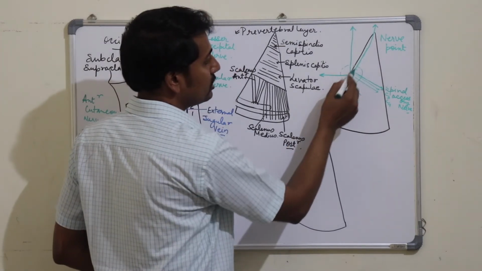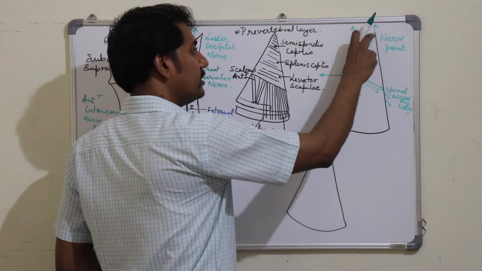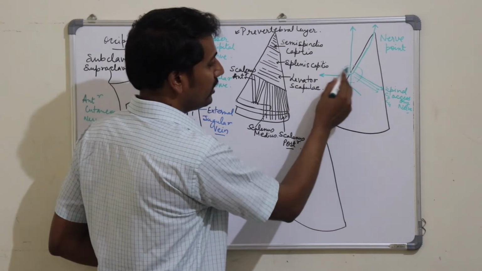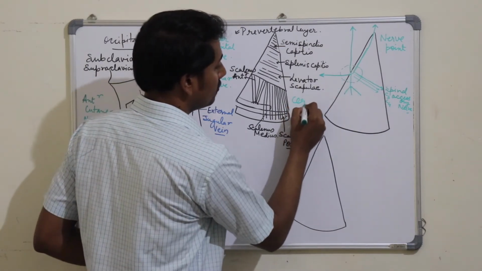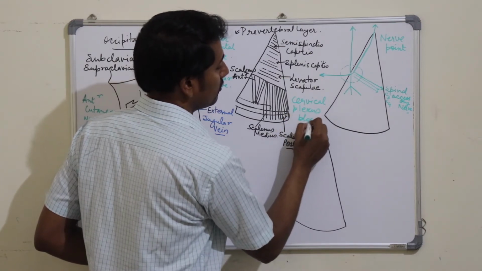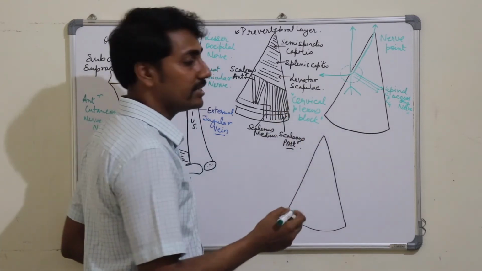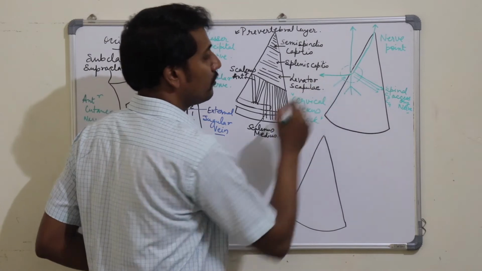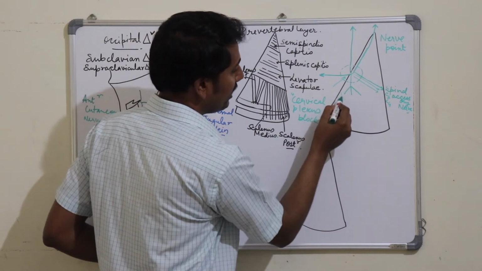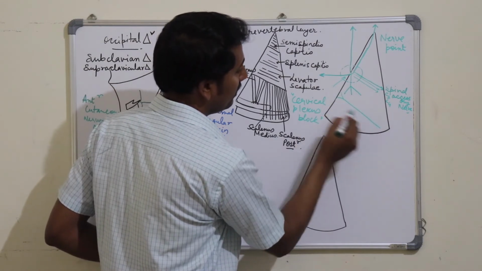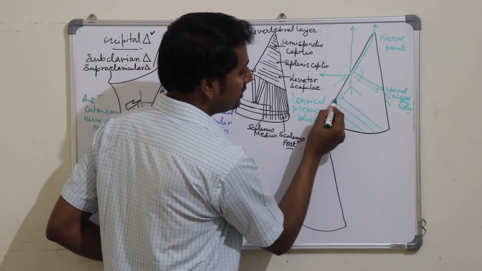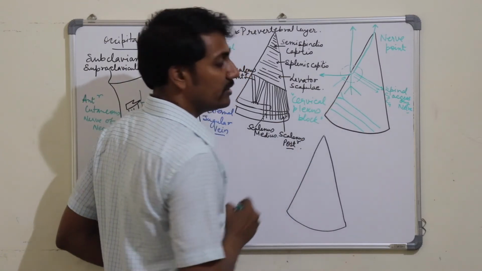So this nerve point is located at the junction of the upper 1/3 and the middle 1/3 of the posterior border of the sternocleidomastoid muscle. The importance of this nerve point is that in cervical plexus block, the anesthetic agent is injected into this nerve point. Now the other nerves: in this lower part of the posterior triangle lies the cervical part of the brachial plexus, that is the upper trunk, middle trunk, and the lower trunk. Also visible are the C5 and C6 roots of the upper trunk.